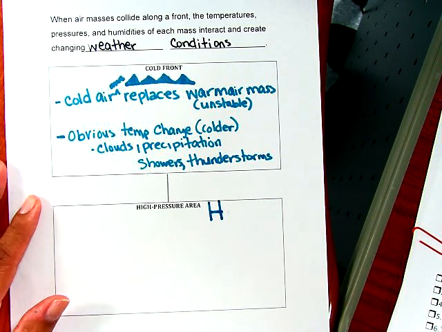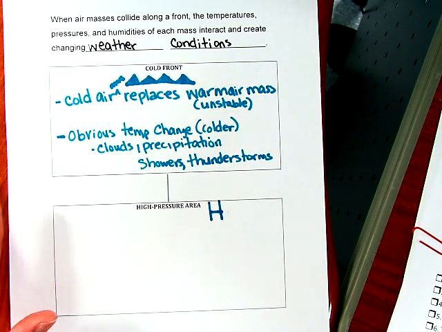Now describe the high pressure area for me. Remember, pressure means how a space is being utilized. So it means the way things are moving within a space. For example, if these walls were to close in this room, is that high or low pressure? That's high pressure, and all of us would begin to get closer together, and it would be a serious problem, obviously. If the walls started spreading out, so that means my doors are opening, these walls are starting to knock down, is that pressure high or low? That's low pressure, and we would begin to spread apart.